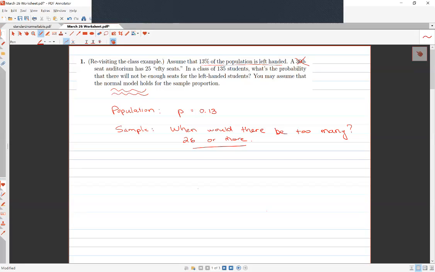Now, what is that as a proportion? This is now something calculated in a sample, and my sample proportion is p hat. This would be if 26 of the 135 were left-handed. That's when I would have a problem. And if I express this as a proportion, I get